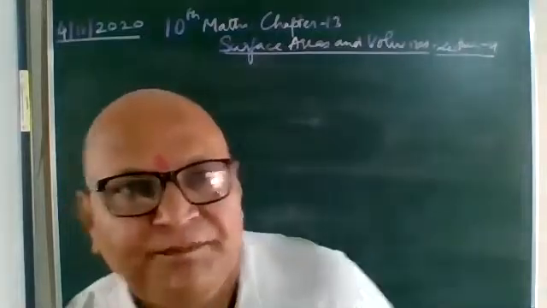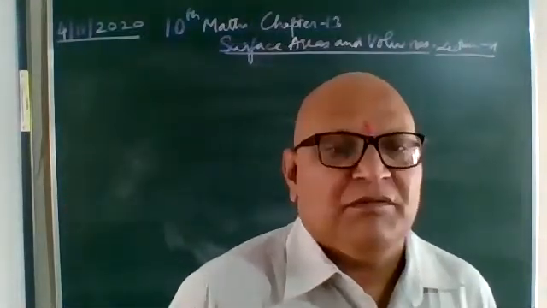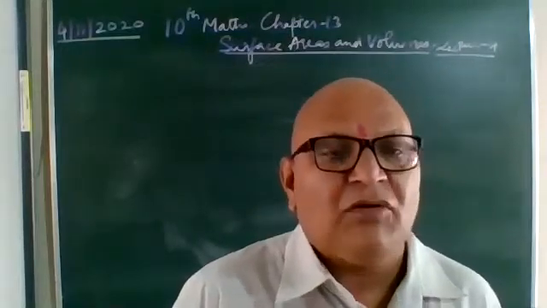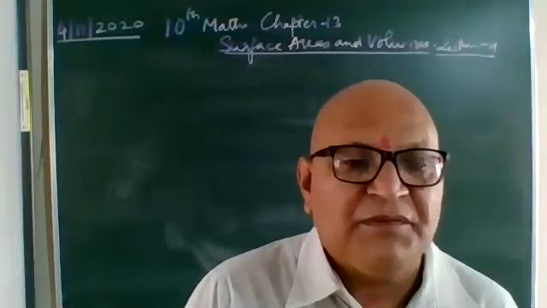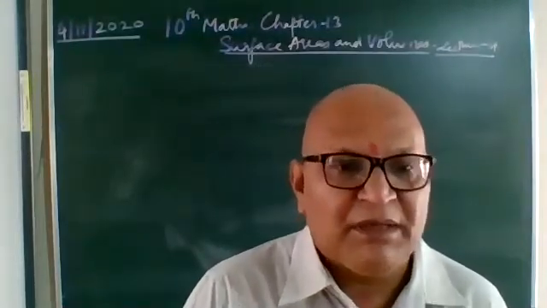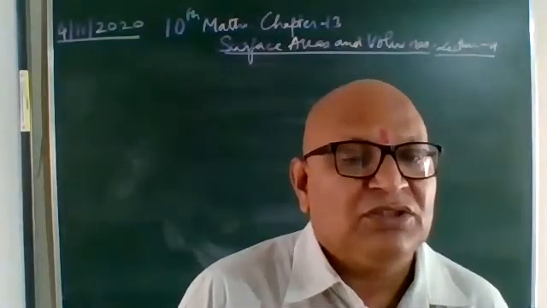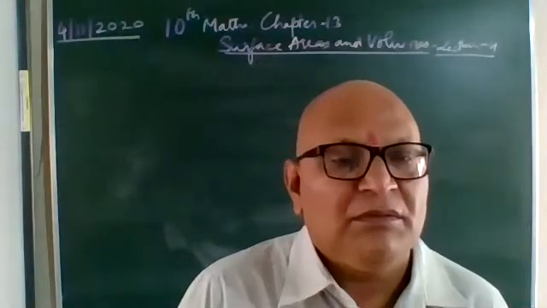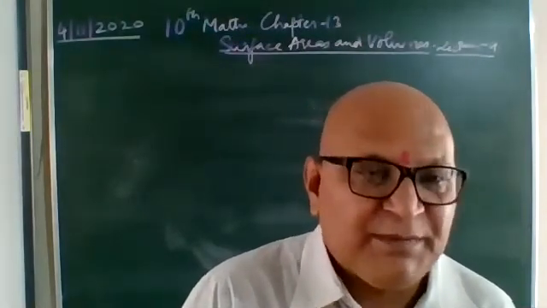Welcome to lecture 4, surface area and volume. In this, we will study about the combination of figures. We have studied the frustum of a cone. The frustum of a cone is not in the syllabus, but I have explained it. The rest are cylinder, cone, sphere, and hemisphere. Now we have to combine all of them. Four concepts I have explained.